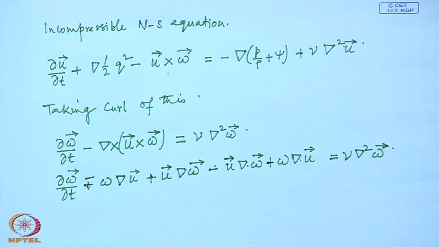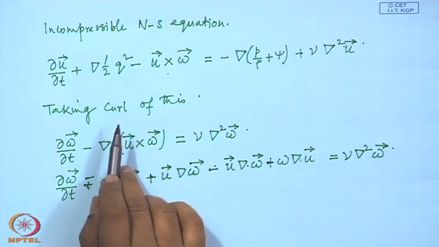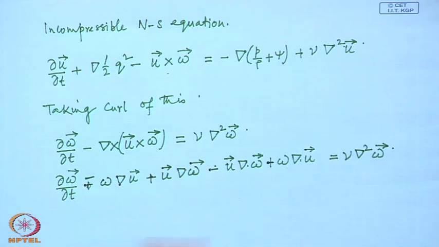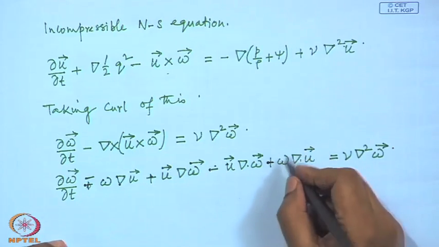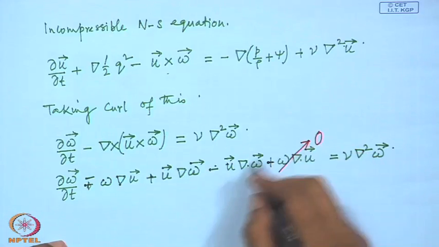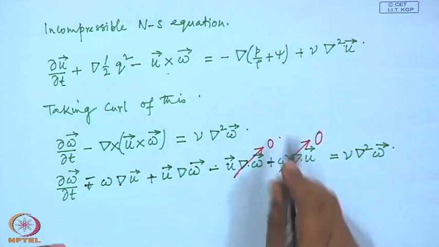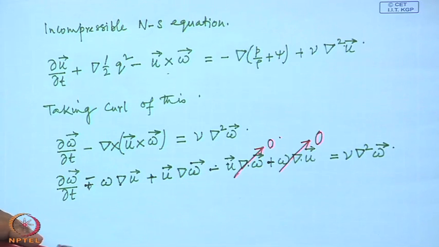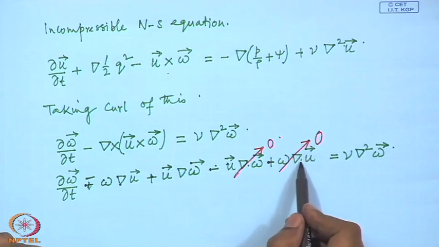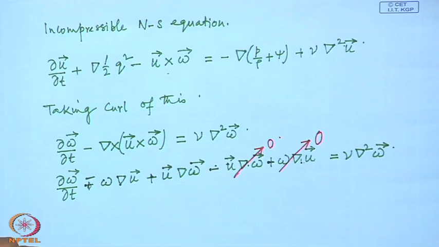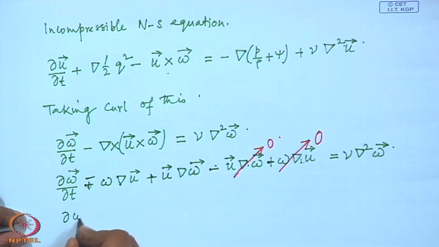Okay. Now, since we are considering incompressible flow, the divergence of u is 0. This term is 0, and so is this: the divergence of omega is also 0. Omega is always a solenoidal vector. Omega is a curl of u, so its divergence is always 0. So the divergence of omega is 0, and for incompressible flow this is also 0, because the divergence of u is 0. So we have only this. We will write it like this, d omega/dt